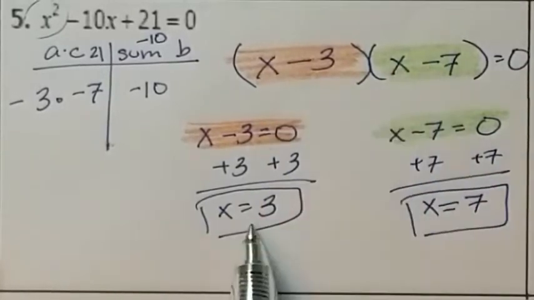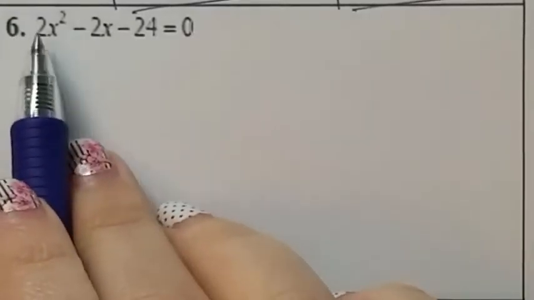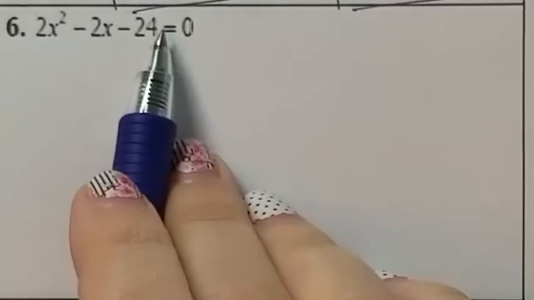Two factors meant two answers. X is 3 or x is 7. Problem number 6. I see three terms. I see a trinomial. The only way to solve for a trinomial is to do your a times c adds